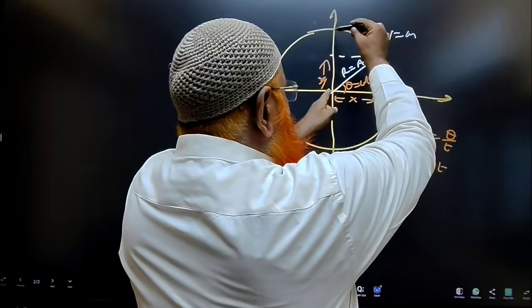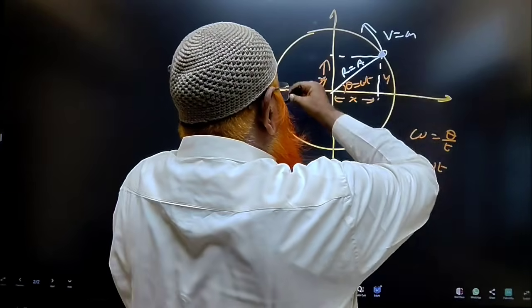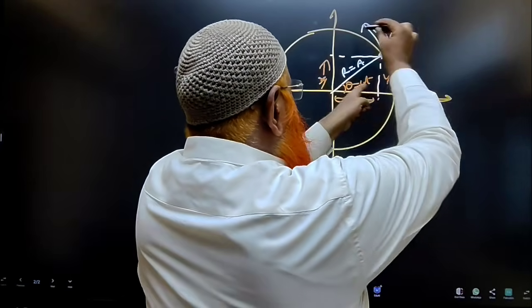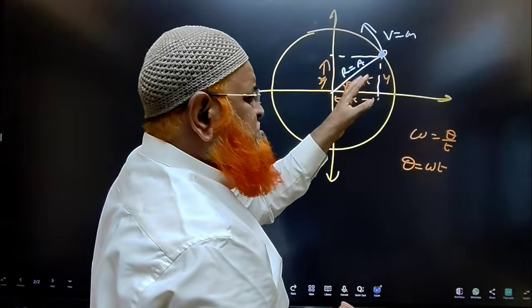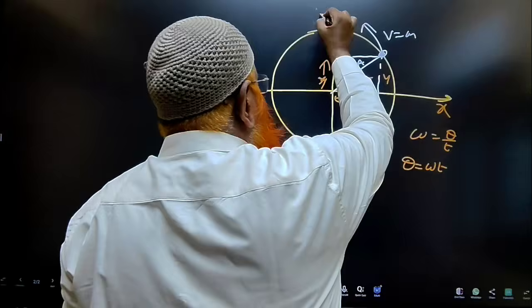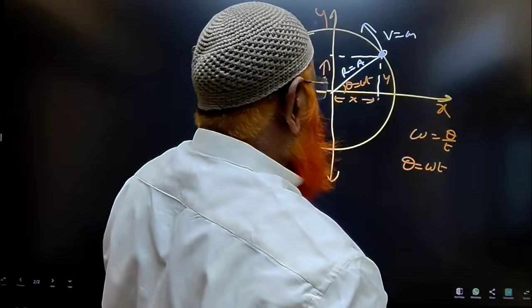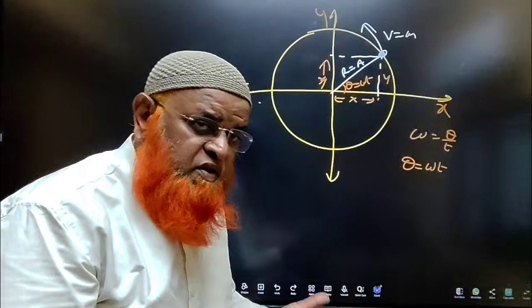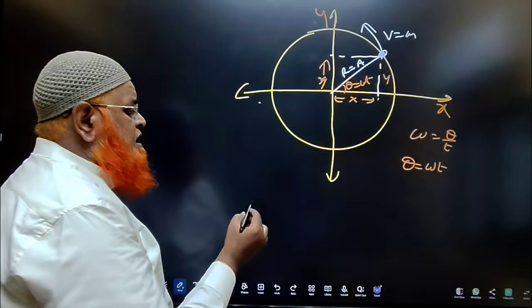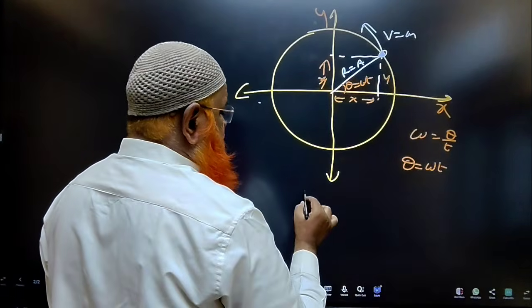Same thing happens along the x-axis also. So the x component is this one and the particle is moving in the anti-clockwise direction. So the particle will take to and fro motion along the x-axis and the particle will take to and fro motion along the y-axis, and the displacement along the x-axis and the displacement along the y-axis is represented with a letter called y. So first of all,